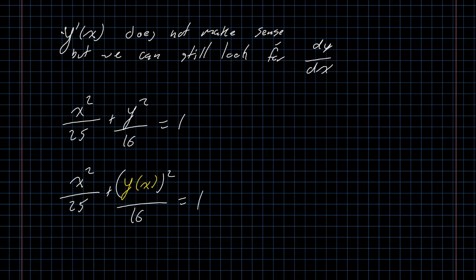I know that y is not a function of x on the entire curve, but I can pretend that y is a function of x by just making a mental note that I'm going to restrict where I'm looking so that I'm only looking at a part of a graph where it is a curve. And if I have done that,